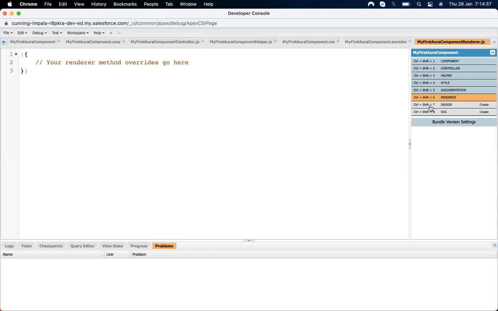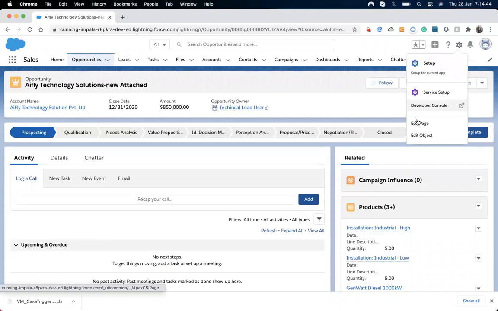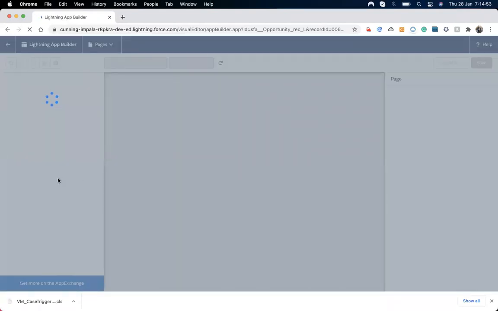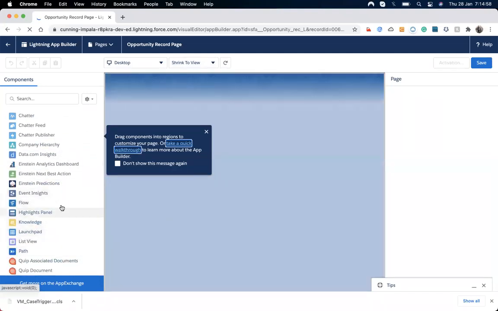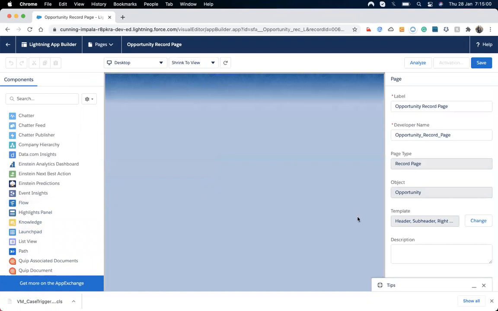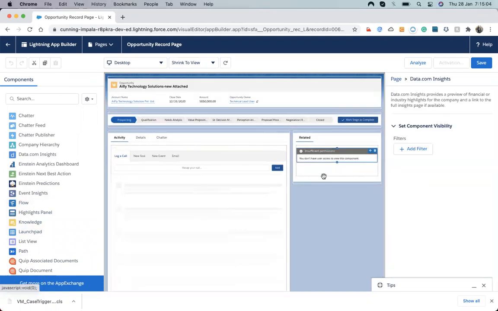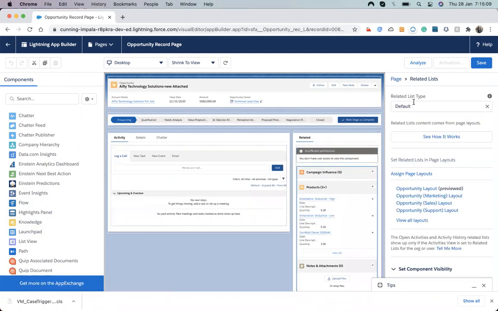Then we have design attributes. Design attributes are the things that, when we click on edit page, you want to come up, these are called design attributes.